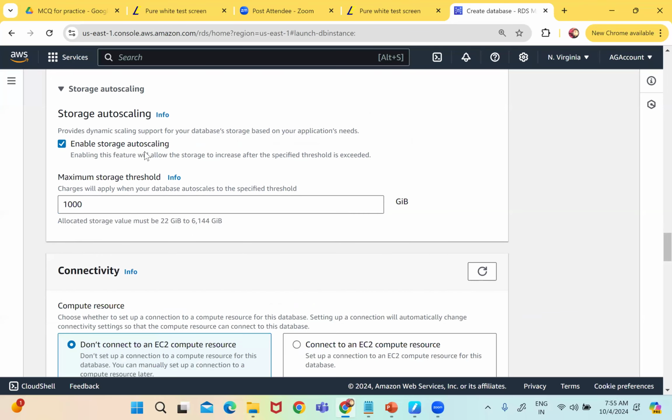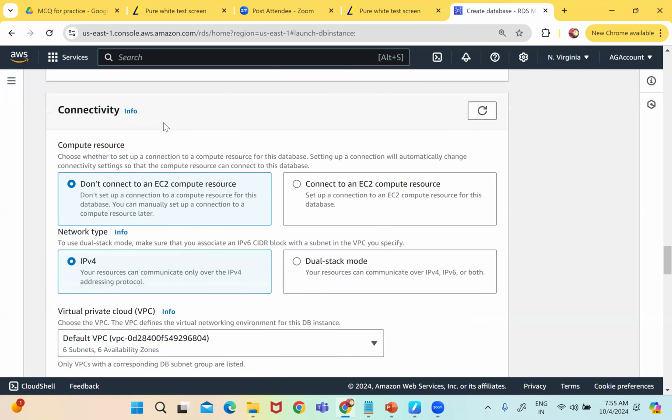I can enable auto scaling where 1000 GB is the size to which it will auto scale. The minimum is 22 GB and the maximum it can go up to is 6144 GB itself. So that can be taken care of. Now here in the connectivity,